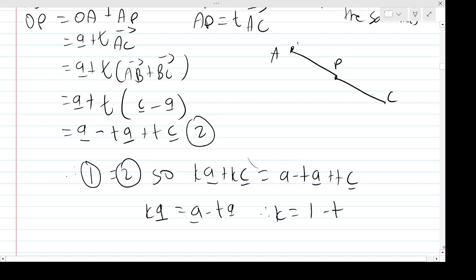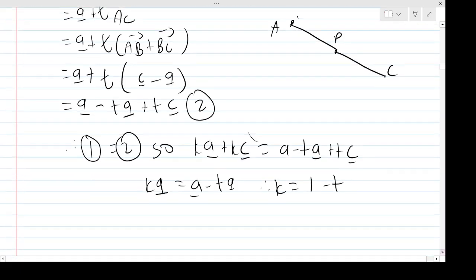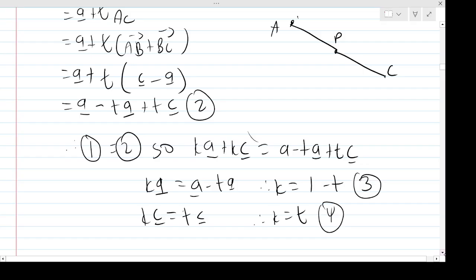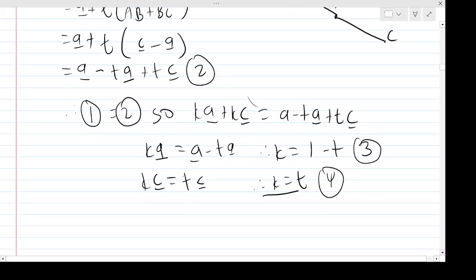We can also do the same for the C vector. So Kc is also going to equal Tc. Well, that is a plus T there. So therefore K equals T. Well, actually then we've got these simultaneous equations. I'll call them equation 3 and 4, although you don't really need to, really. But then if K equals T, then I can say that therefore